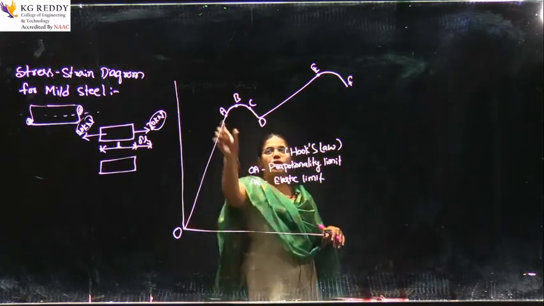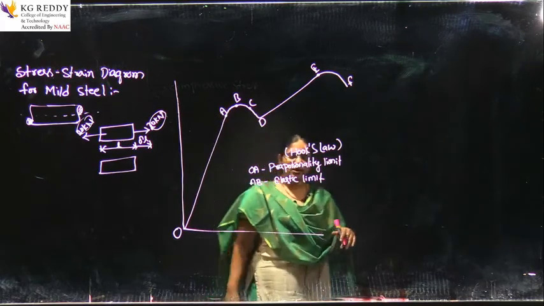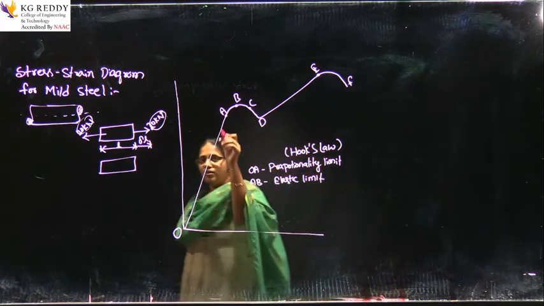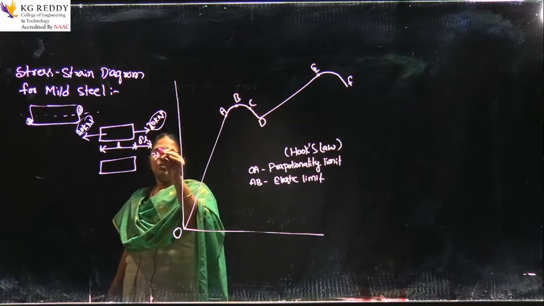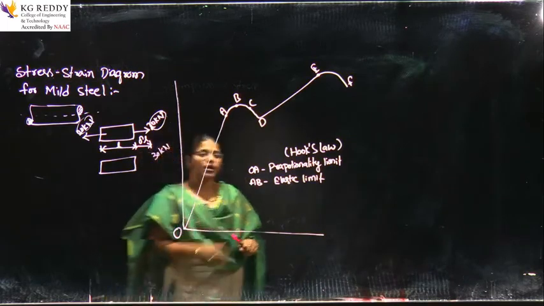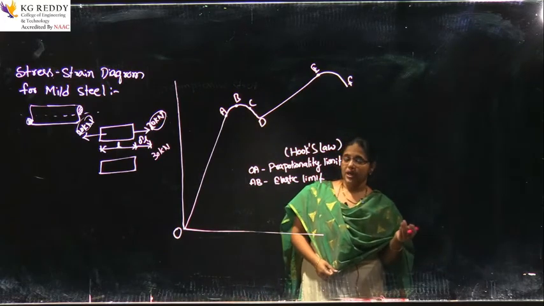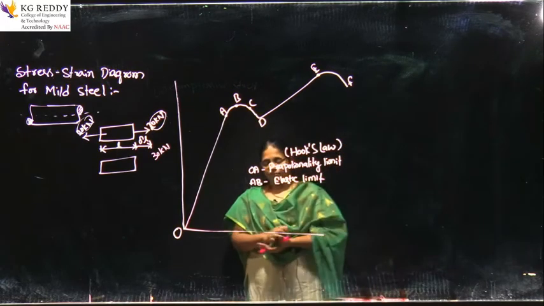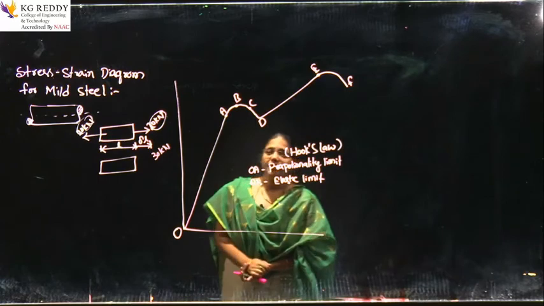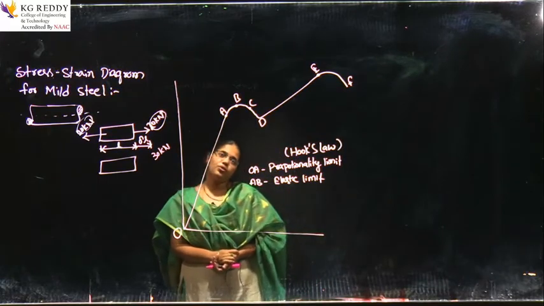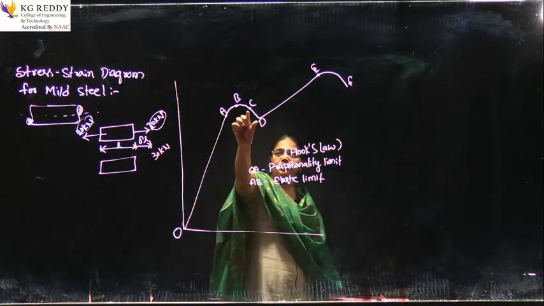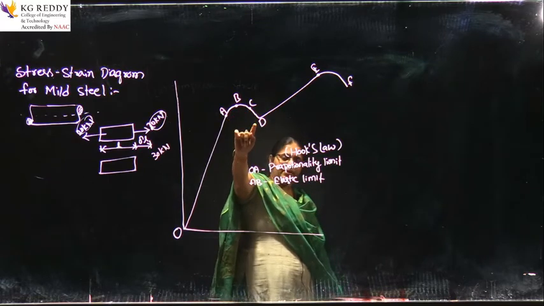So, that is called AB. Okay. Now, I am increasing this load from 20 kilonewtons to 30 kilonewtons. Here I have increased the load by another 10 kilonewtons. What will happen here? Whenever I increase the load, we reach another point, C and D, right.